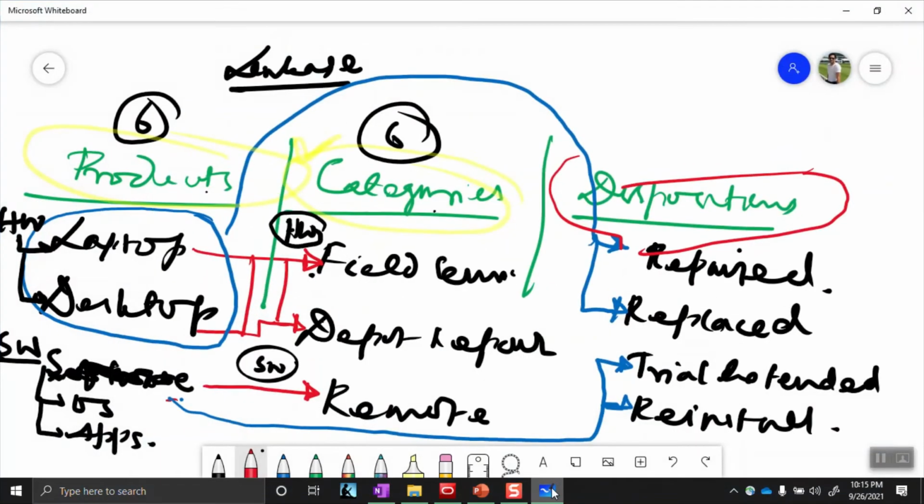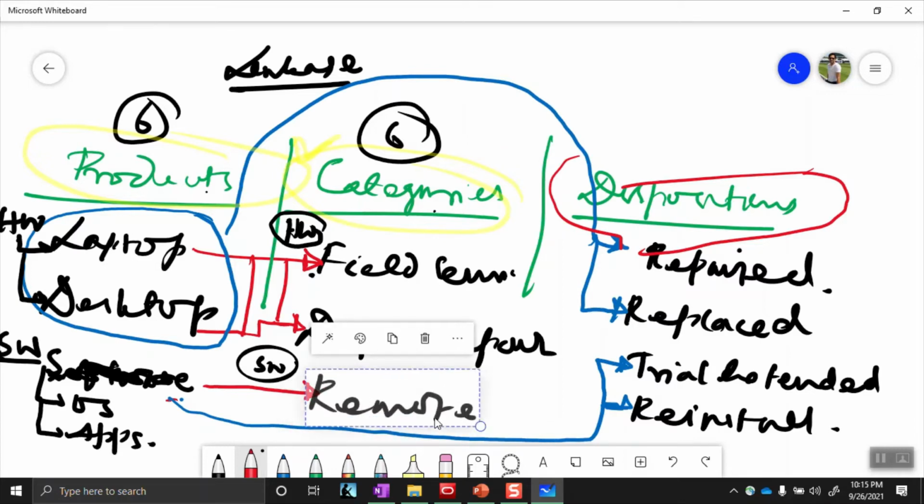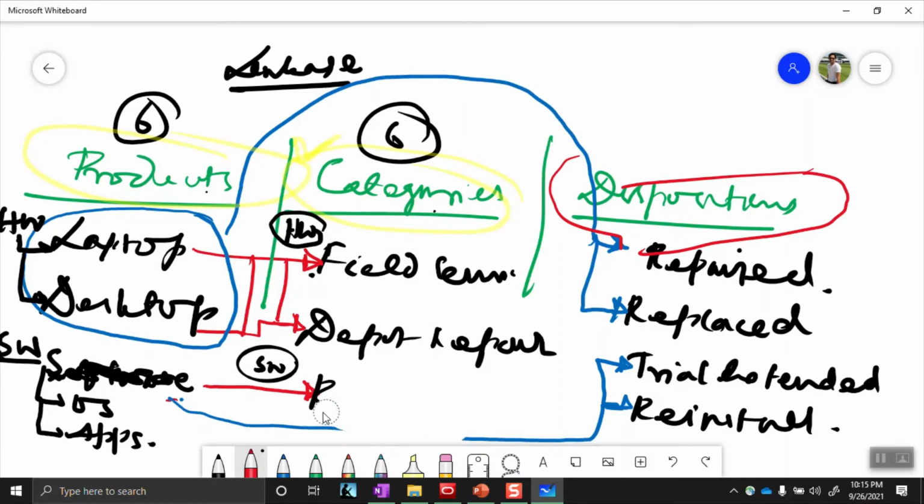So what we gave here, I think better we actually do the category. So what we will have is software.